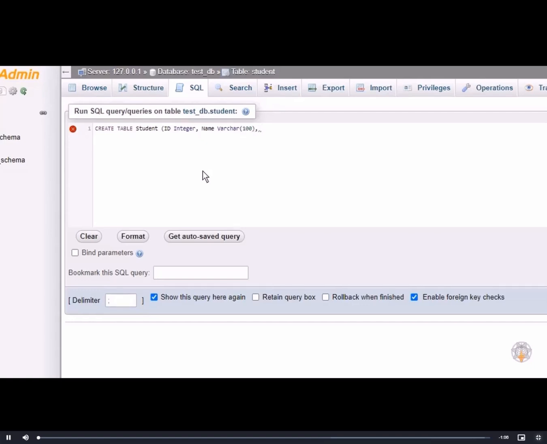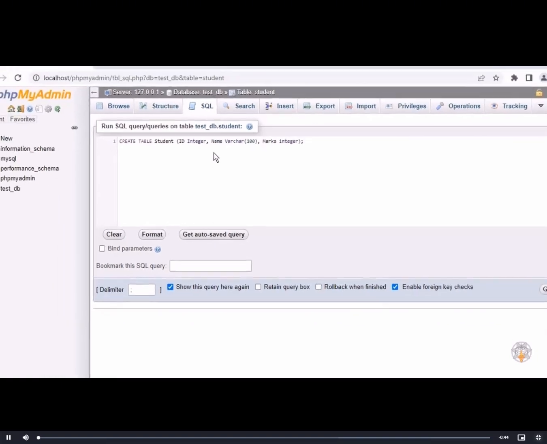And third, marks is my third column with integer data type. So this is the query or command to create a new table